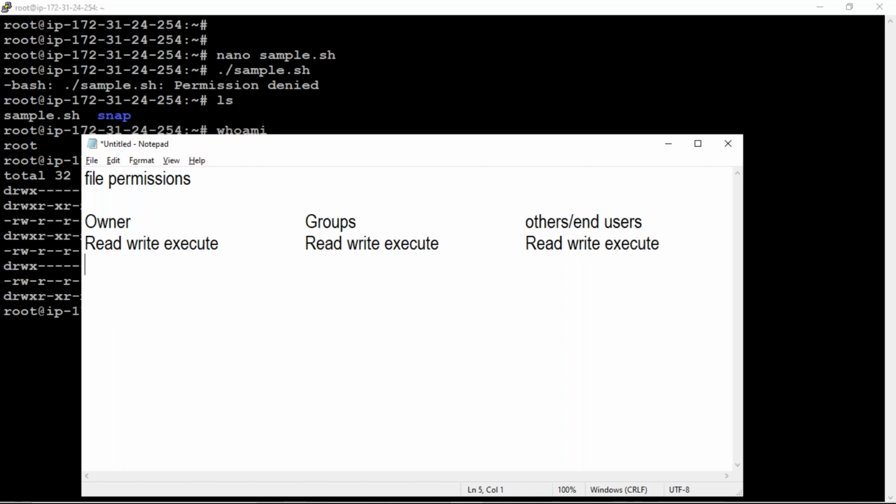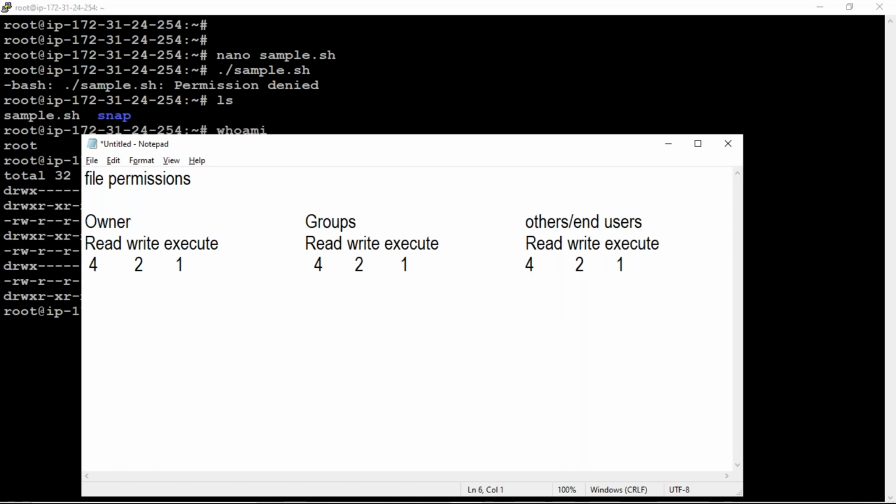For read it is 4, for write it is 2, and for execute it is 1. For group also, 4 for read, 2 for write, 1 for execute. And for others as well, 4 for read, 2 for write, and 1 for execute.